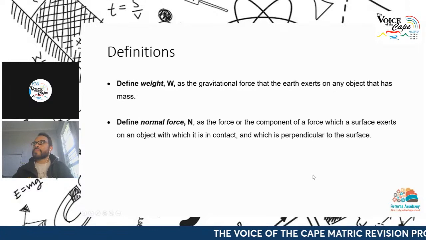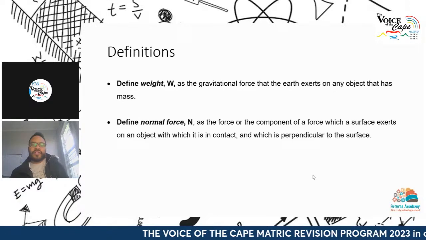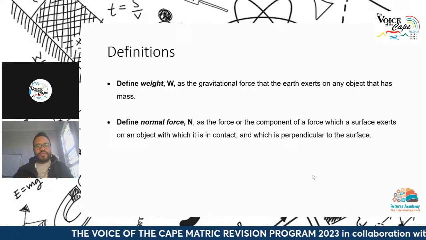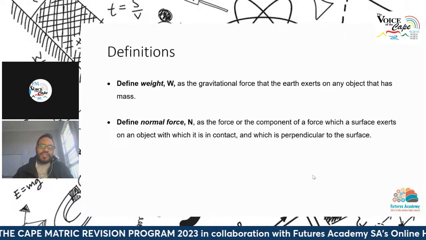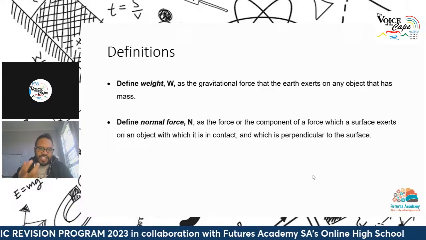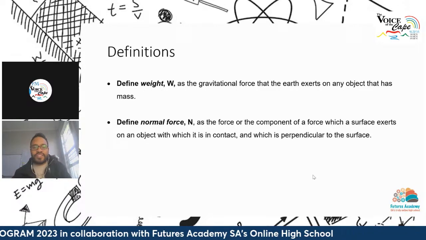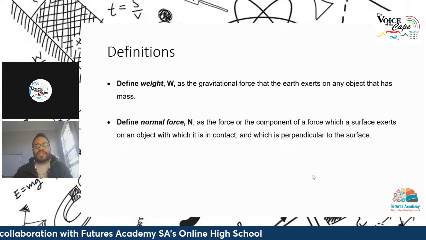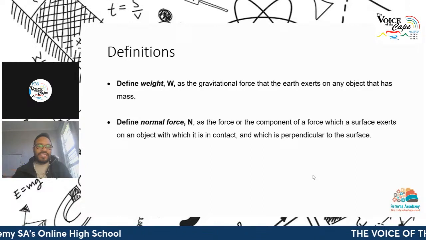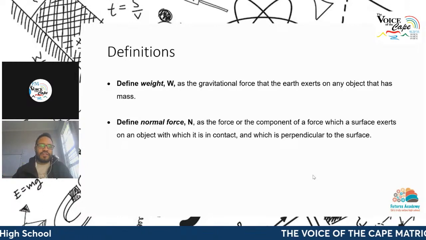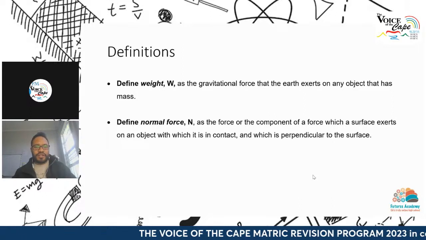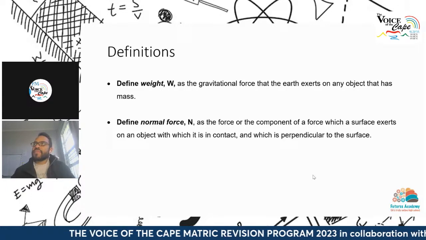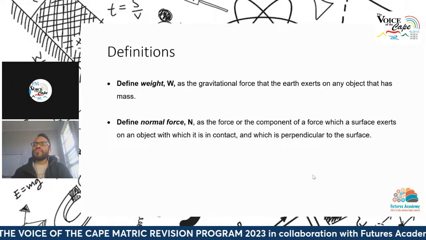Okay. Then, what is the weight? We know that the weight is actually the gravitational force that the Earth exerts on any object that has a mass. So critical to the definition of weight is actually mass. And you know that the force or the magnitude of the weight can actually be calculated by the formula Fg equals m times little g, where m is the mass of an object and little g is the gravitational acceleration of that object.